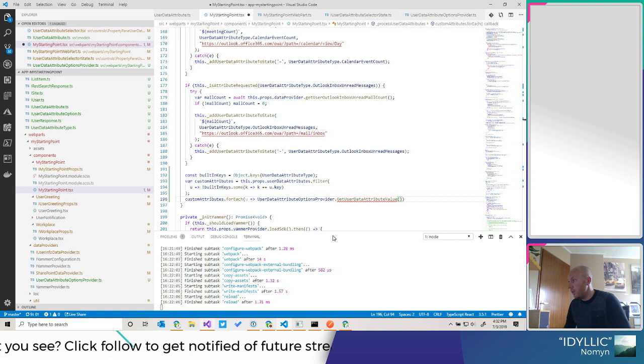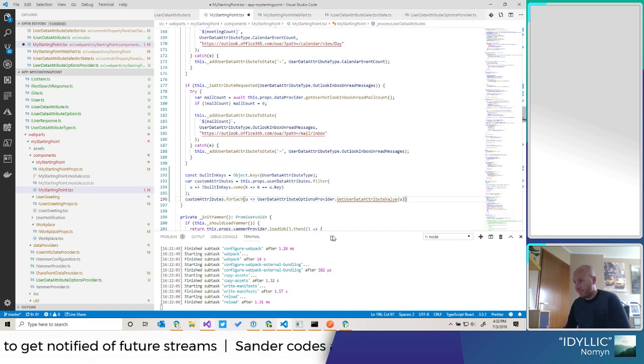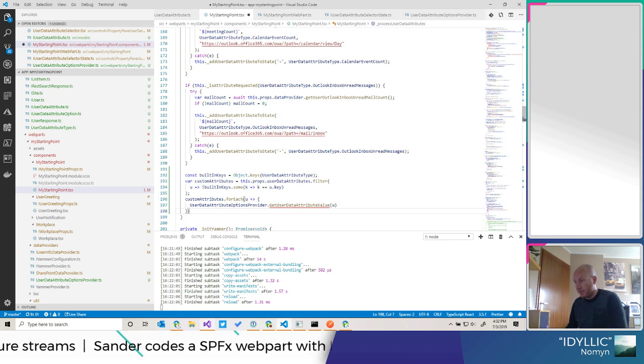Call it get user data attribute value, yeah, for you. We want to do slightly bit more.